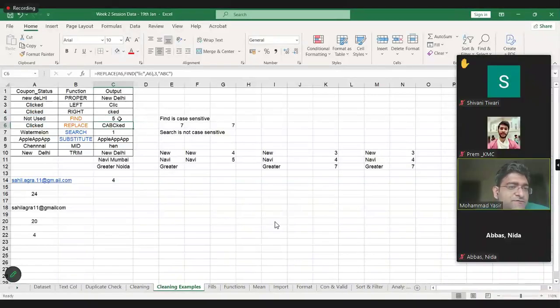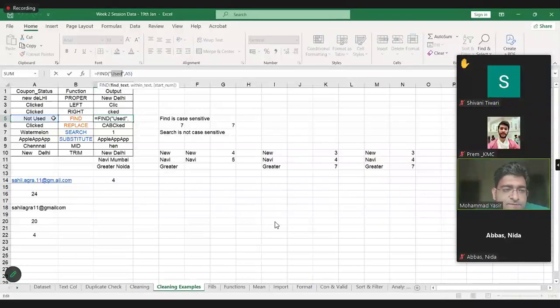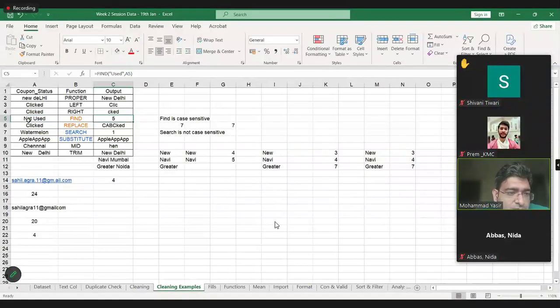It will give me the answer 5. What is this number? It is giving me the position of the start of this string. U is the start of the string, so it is giving 1, 2, 3, 4, 5. Capital U is in the 5th position of our input string. So this is the output.